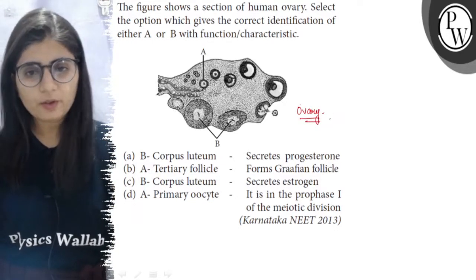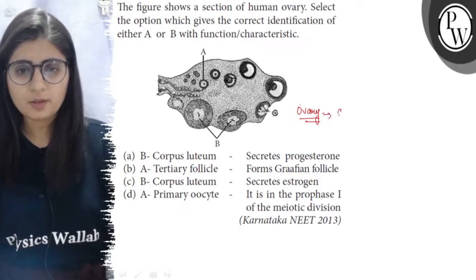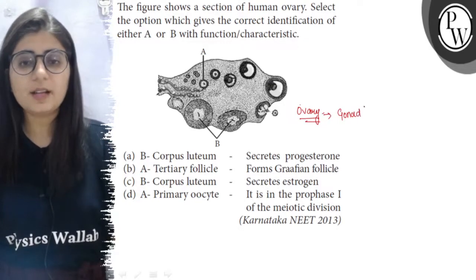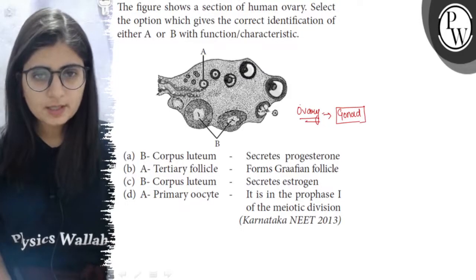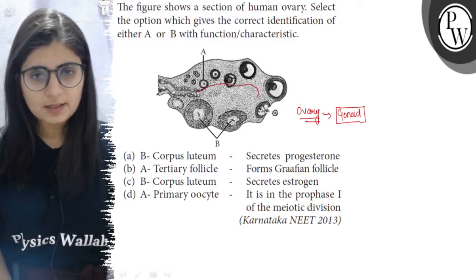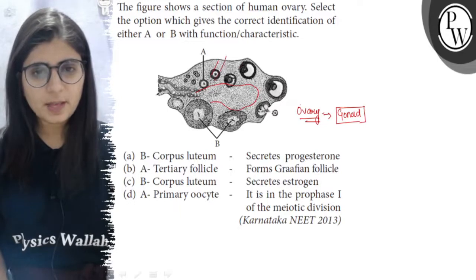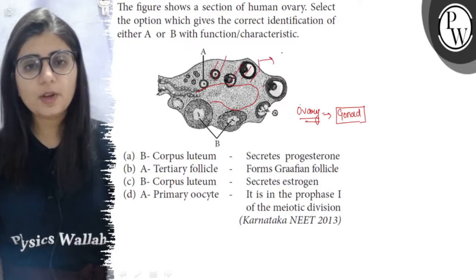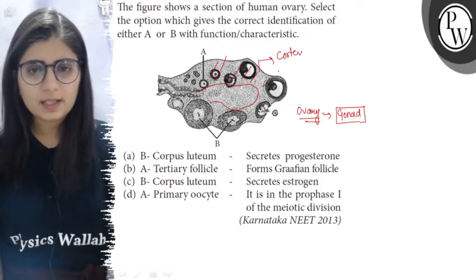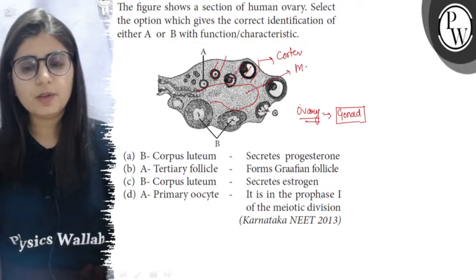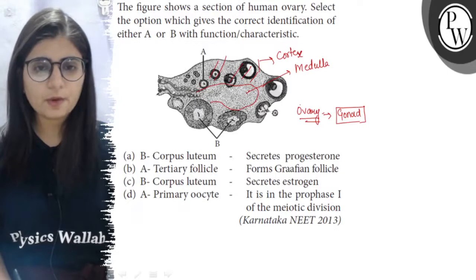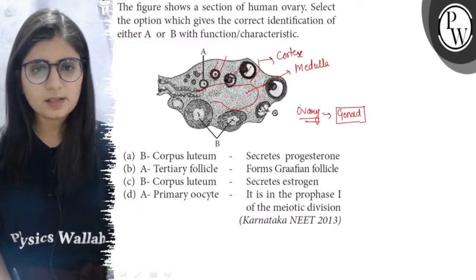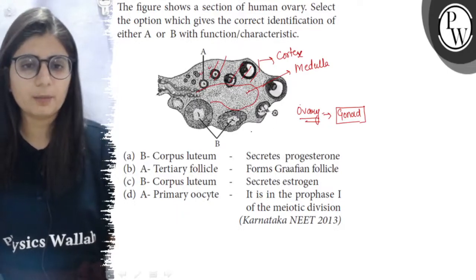Now the human ovary or the gonad, female gonad, it is the site of formation of ovum. So the outer region, this peripheral region, is the ovarian cortex, while the inner region is called the ovarian medulla. So in the cortex region there are follicles. These are the follicles in several stages of development.